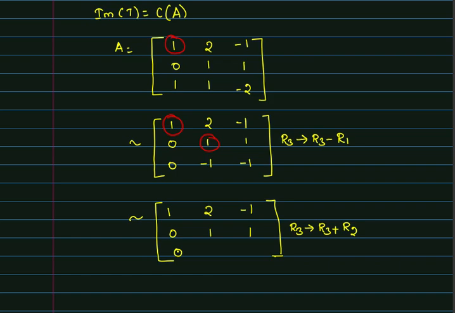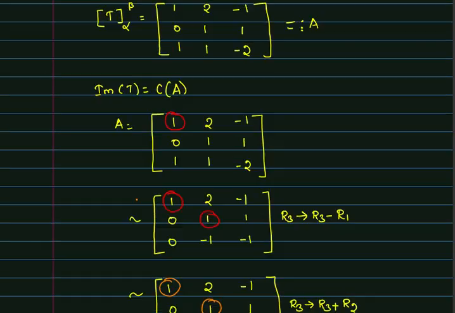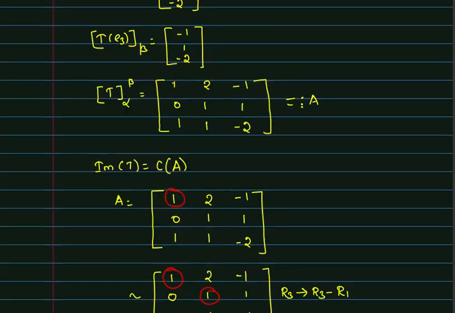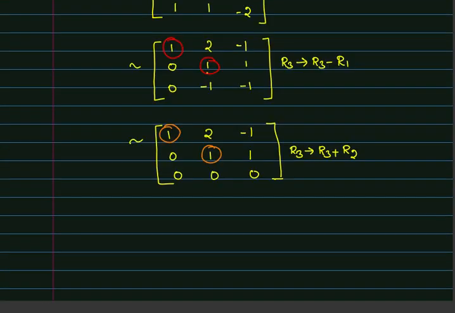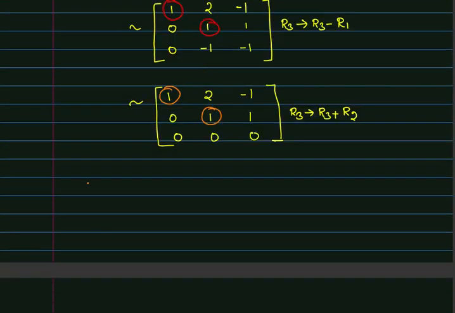So this means the first element 0 plus 0 is 0, minus 1 plus 1 is 0, minus 1 plus 1 is again 0. So the pivot positions are these two only. Correct? Whenever the pivot positions come, their corresponding columns form the column space. So these columns C1 and C2 are the column space. So the column space of A is